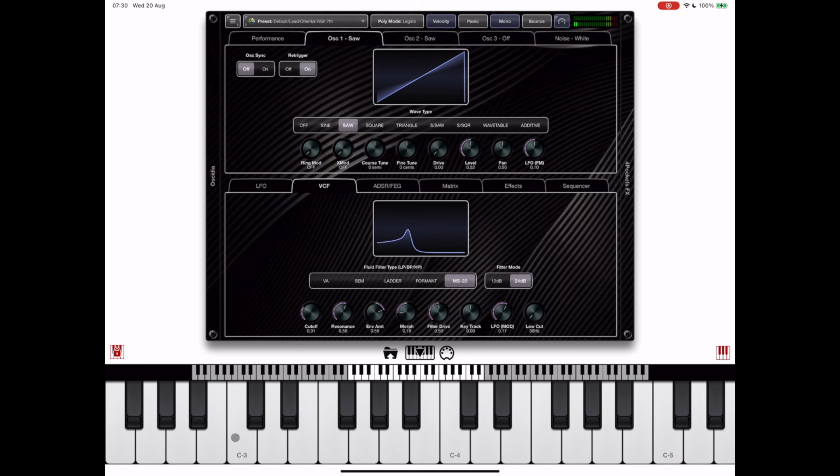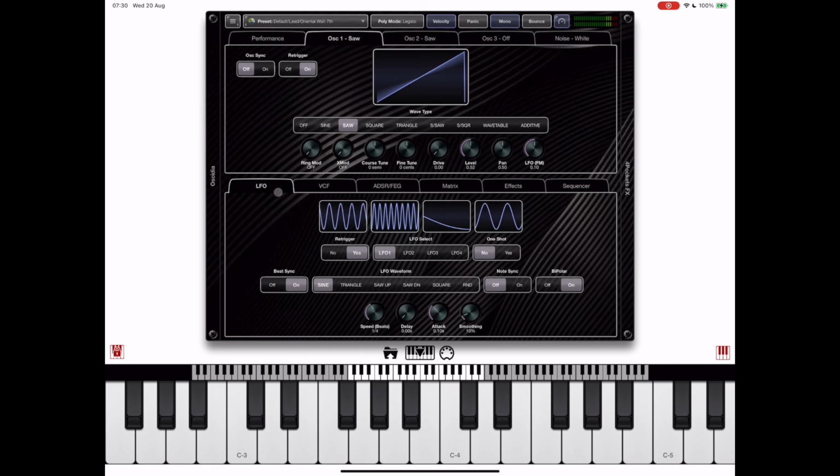Now notice that the vibrato fades in over time, and if we take a look at the LFO2 in this LFOs tab, there's a delay set, but if we decrease that delay to 0, although we're not getting a delay now, we're getting an attack due to this attack knob. So in general, these two knobs are used in conjunction with each other. So if I was to set a delay and no attack,